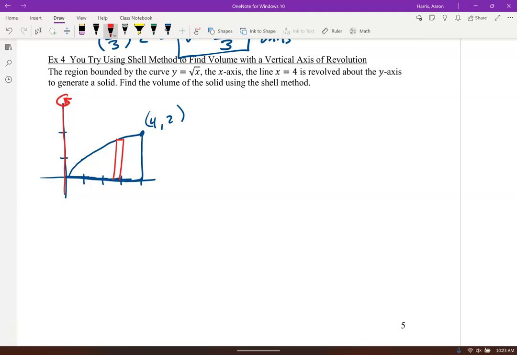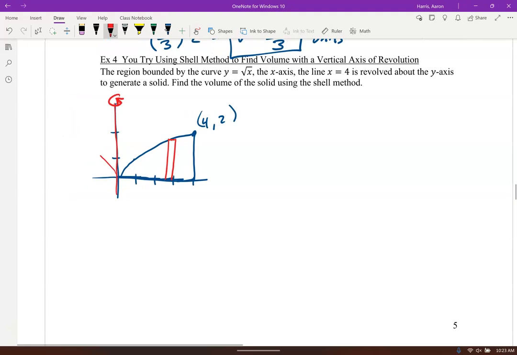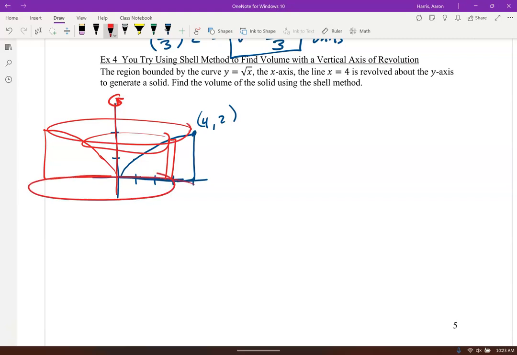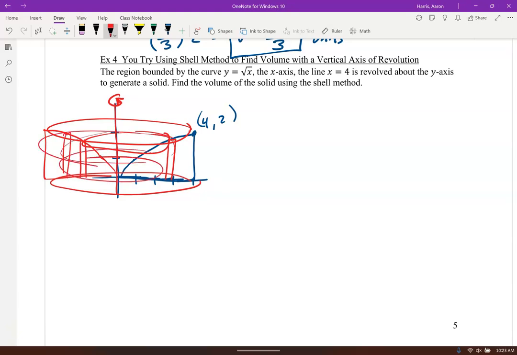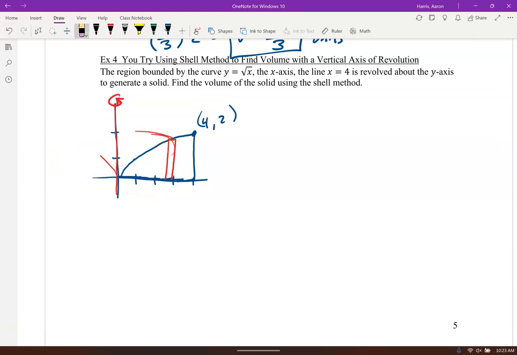So again, if you can imagine over here, these are all being spun, right? The whole thing. Oops, that's terrible. Anyways, you spin that, you get that whole sinking hole there in the middle of that thing. That's the visual on that. And so for each of these shells, we've got all these shells being spun and being added up. But I can't draw worth beans, so let me erase this so we can show our shell